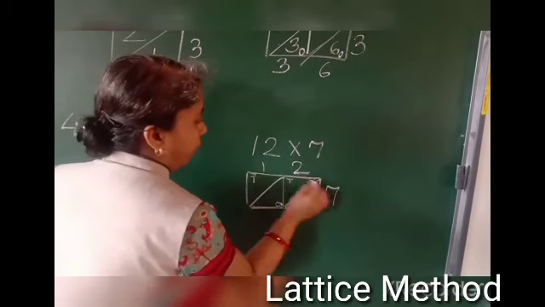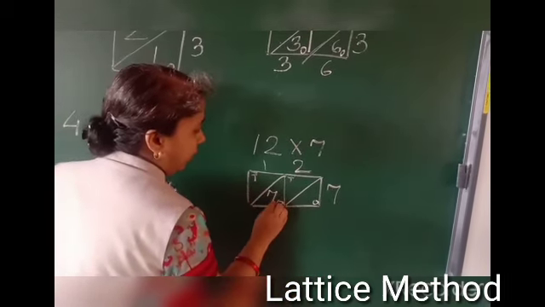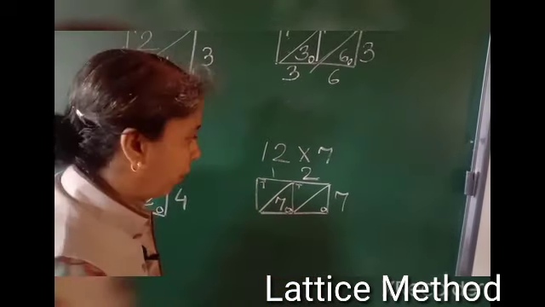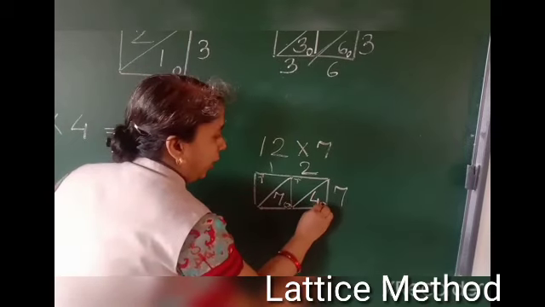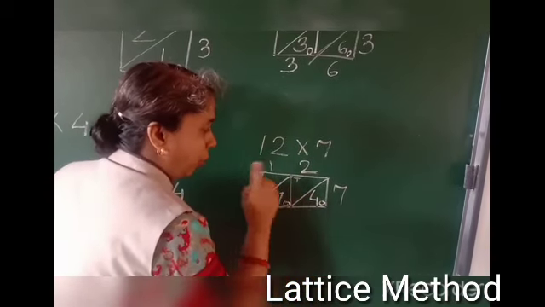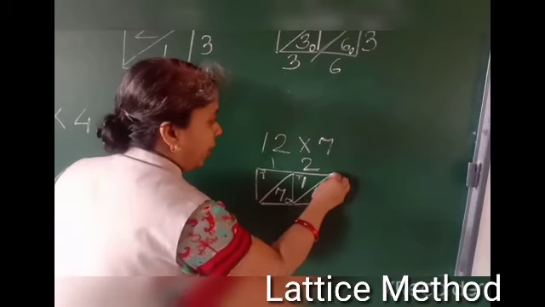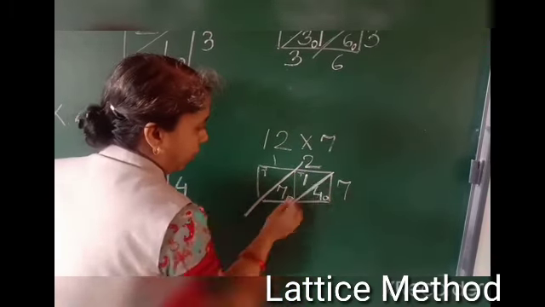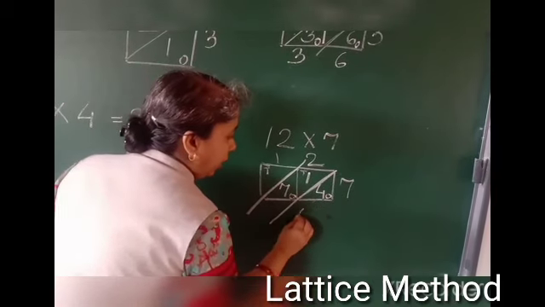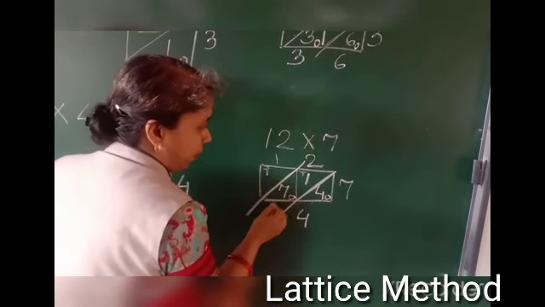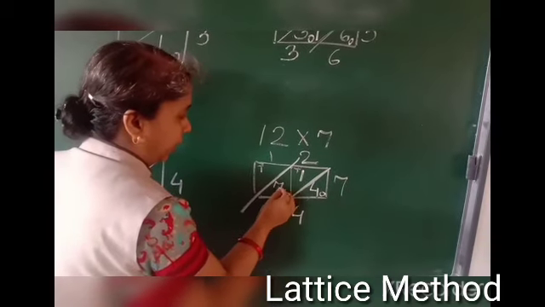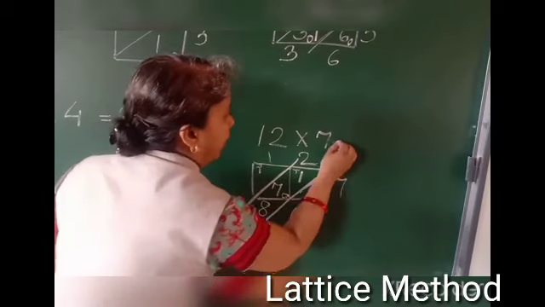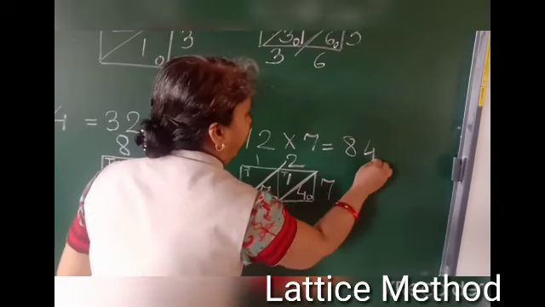Now we will multiply. 1 7s is 7. 2 7s is 14. Now how do we write 14? 4 will be written at ones place and 1 will be written at tens place. Now what do we have to do? Can you see these margins now? These lines, can you see? In this column only 4 is there, so write 4 here. In this row, 1 is there and 7 is there, so add 7 plus 1, it will be 8. So what answer will I get? 84.